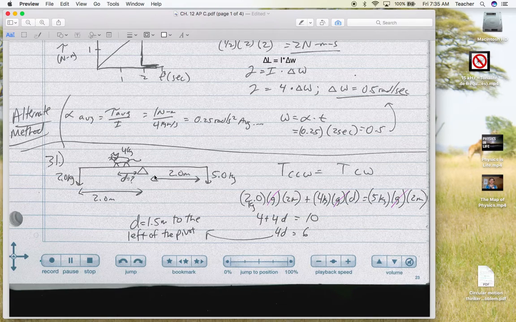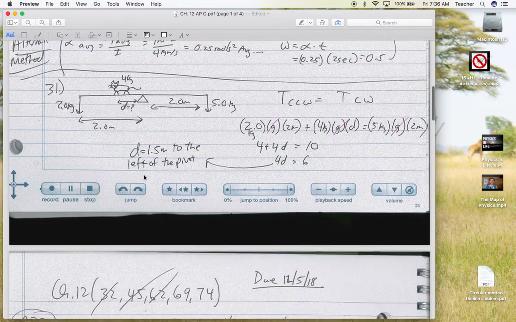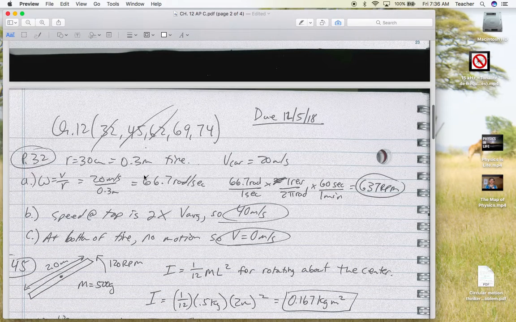And I end up getting that this distance is 1.5 meters. Now be careful, because that's not 1.5 meters along from the left end. It's 1.5 meters to the left of the fulcrum. For problem 32,